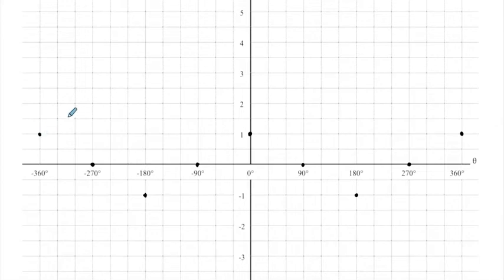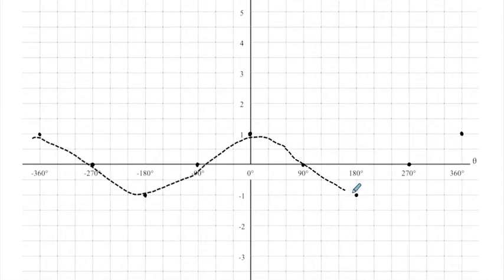All right, there we go. So once we've sketched that, we can go ahead and connect those. So this is our basic cosine curve. Not perfect, but you can see how it's going to look there. So there's our cosine curve right there. And now we're going to talk about the domain, the range, the amplitude, and all the other fun stuff for